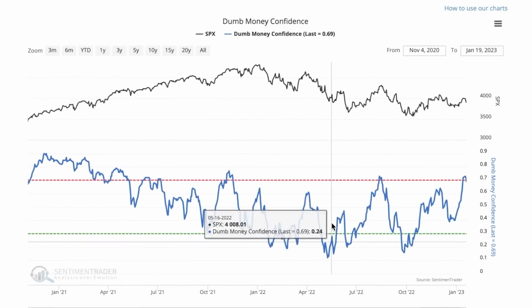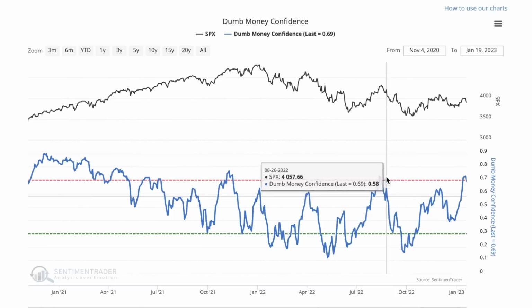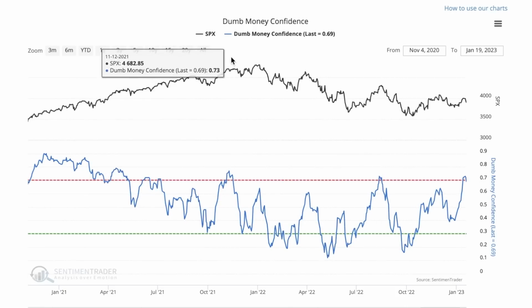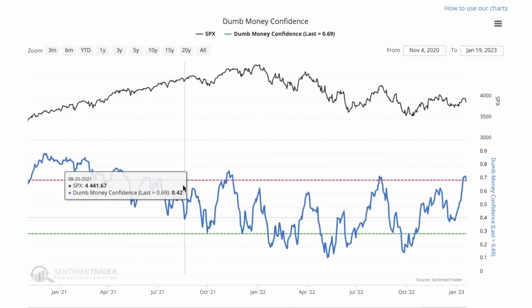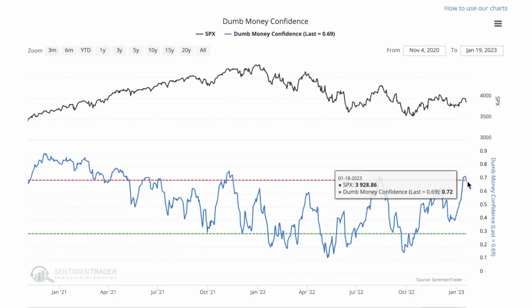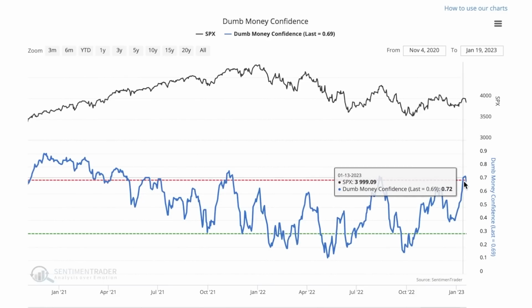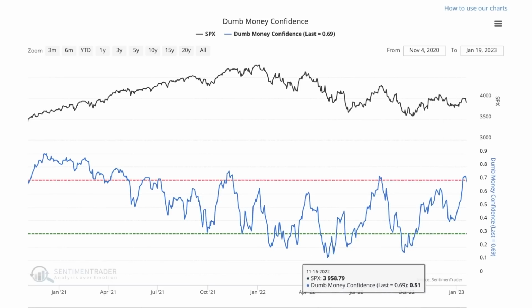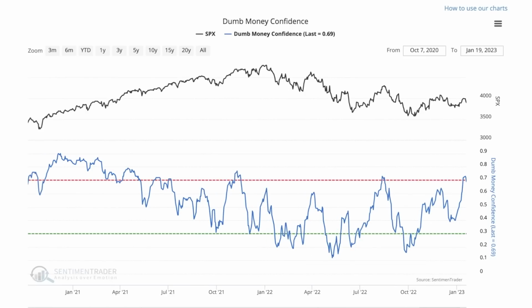Let's get back to this indicator of dumb money. You can see again, let me quickly remind you, August 2022, November 2021. So it's been a beautiful indicator throughout this bear market, again flashing that same signal that we've had throughout this year. So this is where bears ideally want to double down and place their short bets on the market.